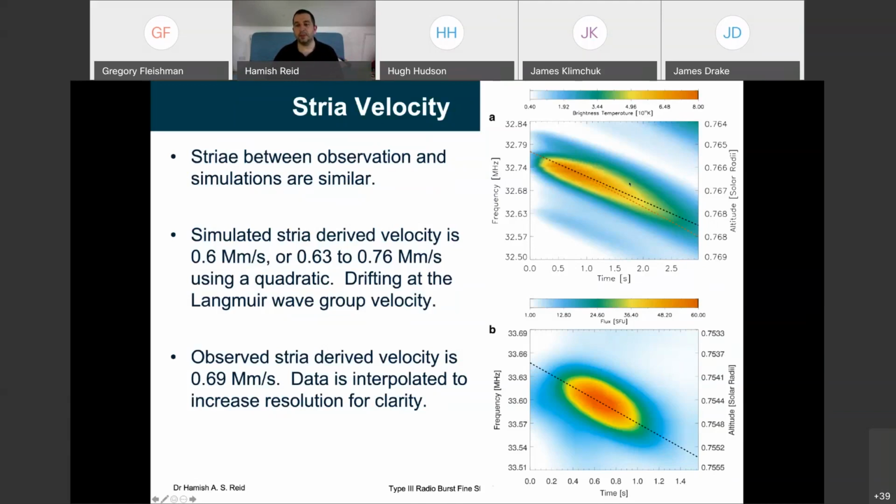But we expect that because the large scale gradient of the solar corona, and indeed the solar wind, is a decreasing plasma density gradient, we observe way more with a negative density gradient than with a positive density gradient. And this is what we find when we average many striae of an observed type 3 radio burst. The mean drift rate results in a negative drift rate, giving a positive velocity.